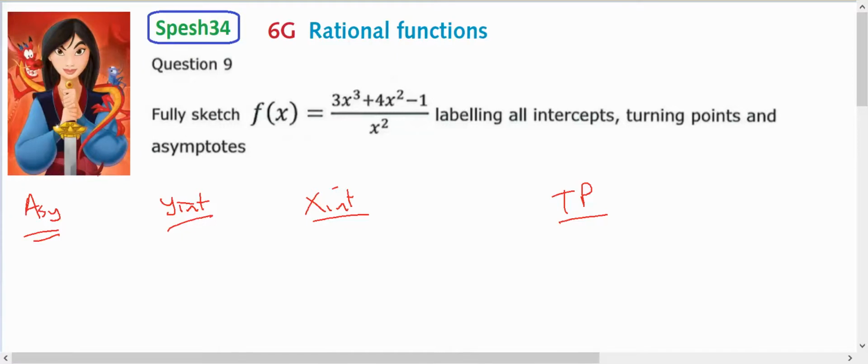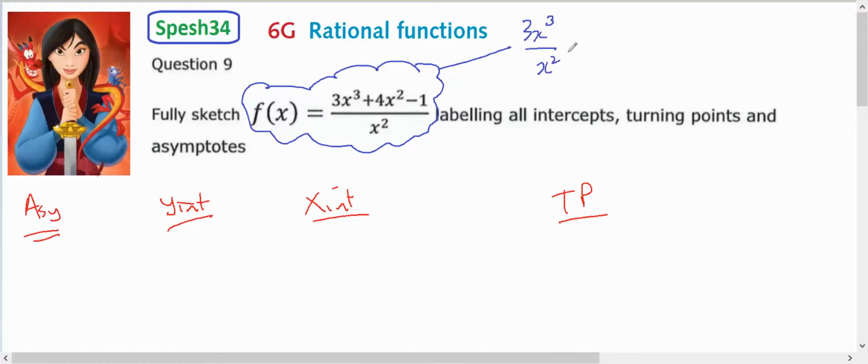This is for Year 12 Specialists. It comes out of Chapter 6. It is sketching this rational function, which is a cubic divided by a quadratic, and to find all the relevant features. Okay, using some algebra and the fact that I have one term in the denominator, I can rewrite this as all over x squared